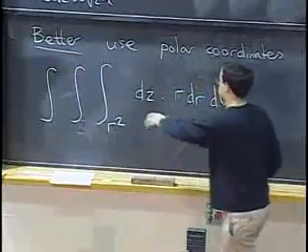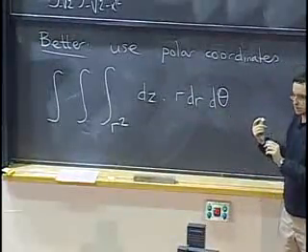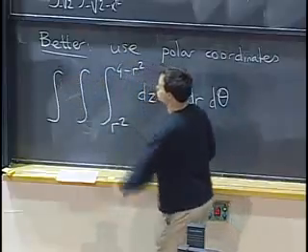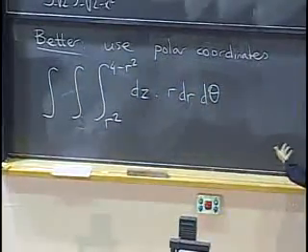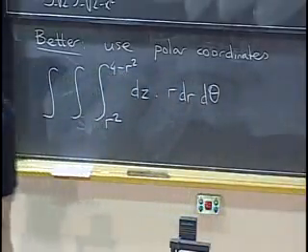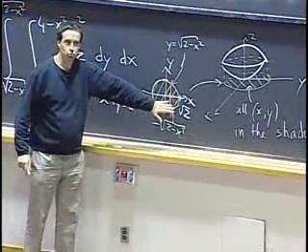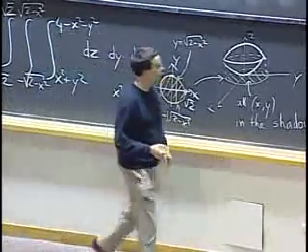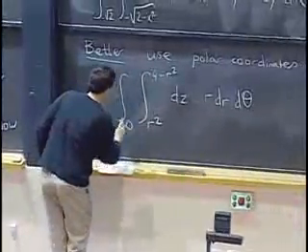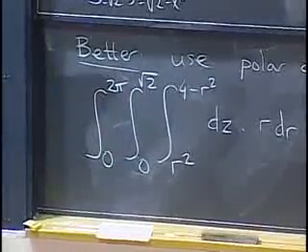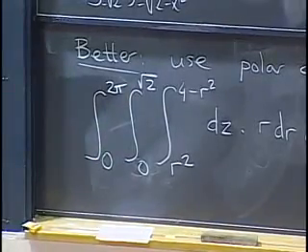In general, I could have something that depends also on theta. That's perfectly legitimate. But here, it simplifies. There's only r's. And this guy up here, 4 minus x squared minus y squared, becomes 4 minus r squared. And now for the integral that we have to do over r and theta, we look again at the shadow. The shadow is still a disk of radius √2 that hasn't changed. And now we know how to set up this integral in polar coordinates. R goes from 0 to √2, and theta goes from 0 to 2 pi. And now it becomes actually easier to evaluate.